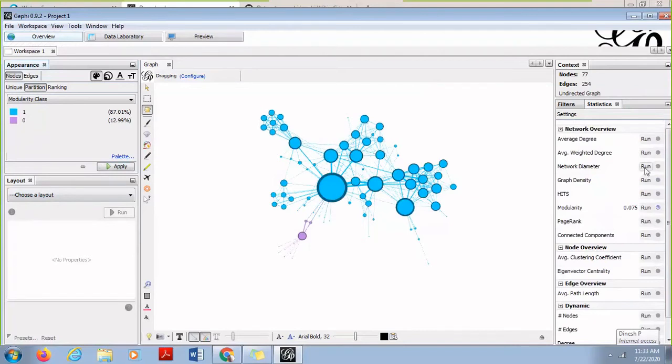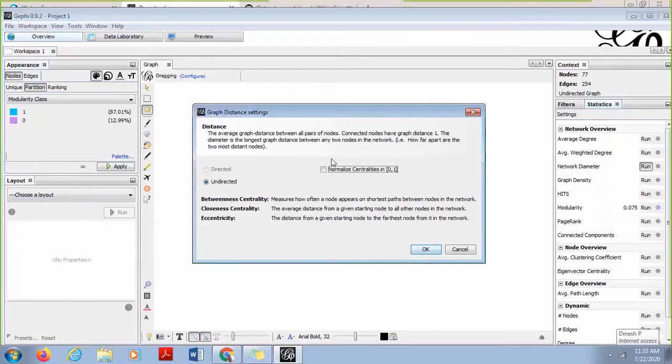Okay, so when I say network diameter and I select run, it will show me that the graph is undirected. You can normalize the values or you need not normalize the values. For now, we are leaving it as it is. And this parameter, which is related to network diameter, allows you to find the values for betweenness centrality, closeness centrality,